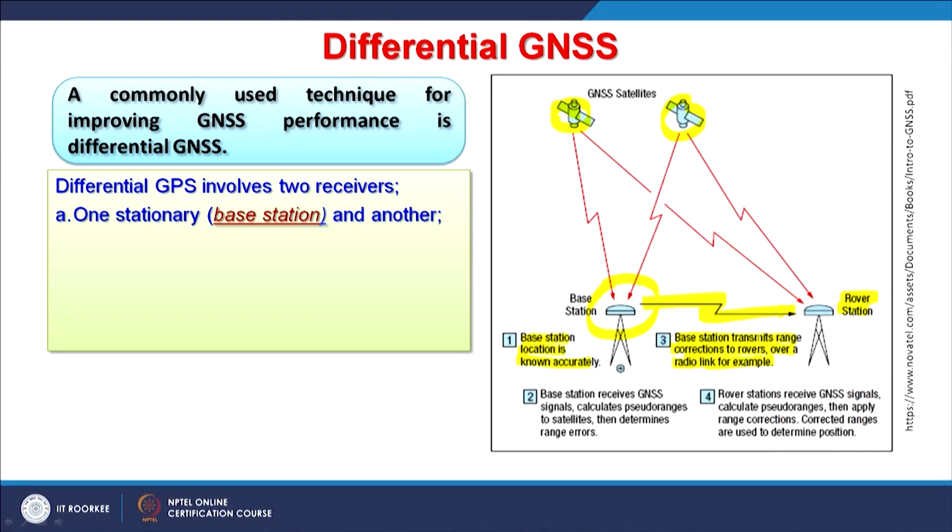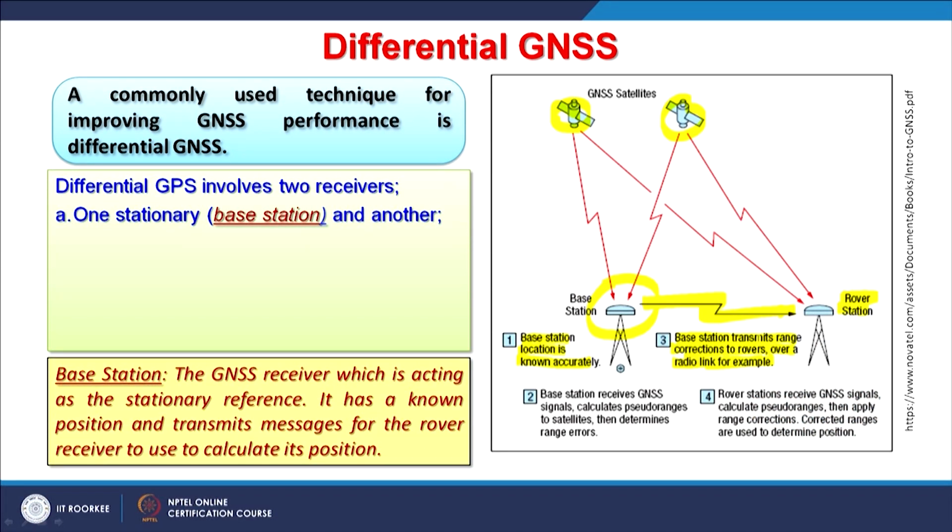As already discussed, one is the stationary station, which we also call the base station, a GNSS receiver acting as a stationary reference. It has a known position and transmits messages for the rover receiver to use to calculate its position. Known position means that if I have to do a survey in an area where I do not get any benchmark or known position, I can run this base station for a few hours, days or months and make that location a known position.